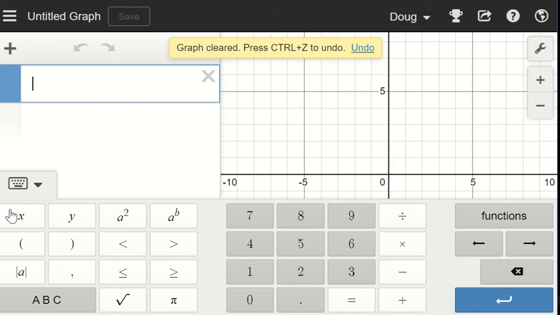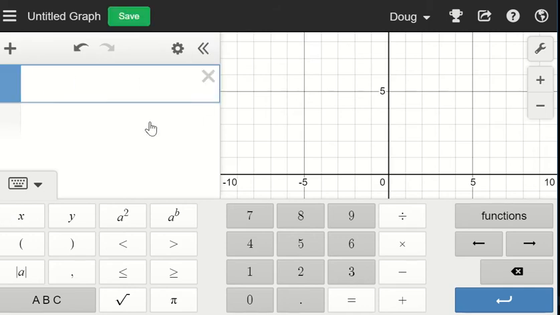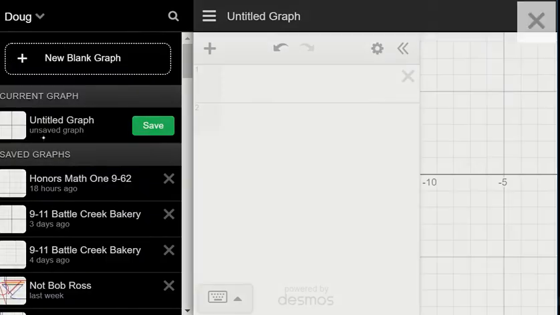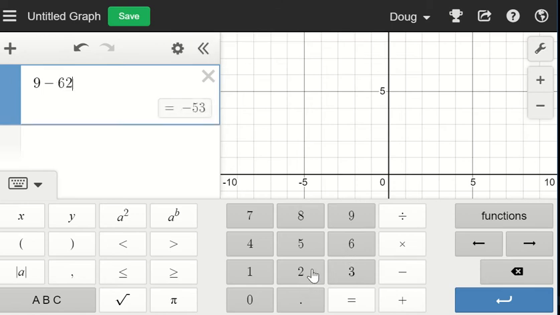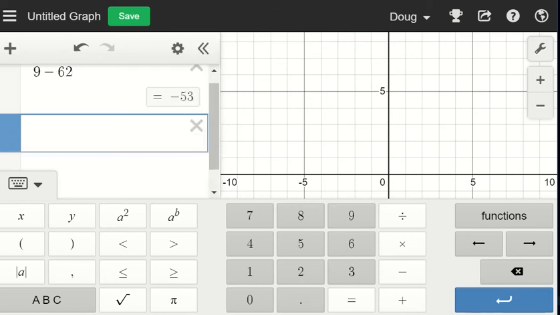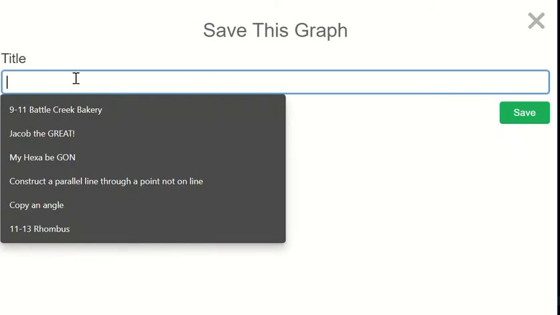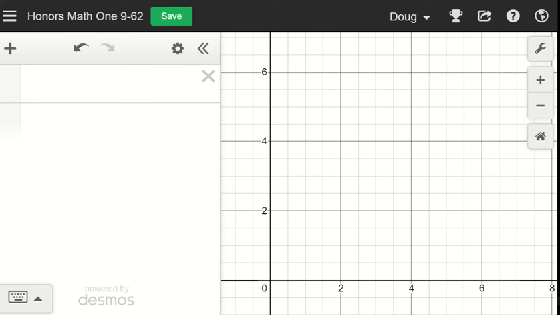Oh, I didn't want to do a new blank graph. Let me see. Okay, I'm going to do a new blank graph. Let me go ahead and call this 9-62. Enter. No, that's not where I name it. Here it is, here's the name. Okay, now that I finally got this figured out and I've named this Honors Math 1 9-62,